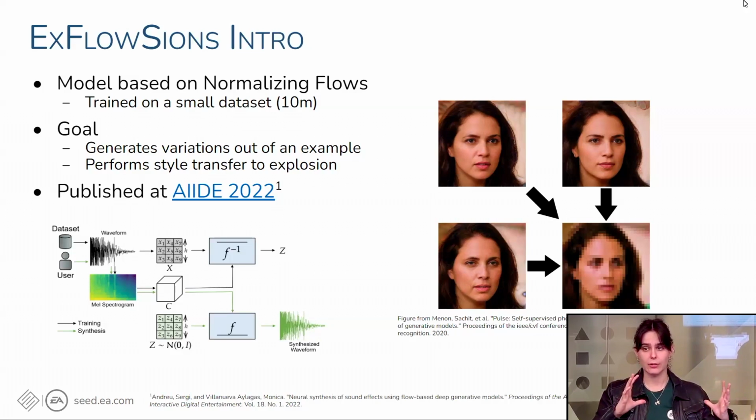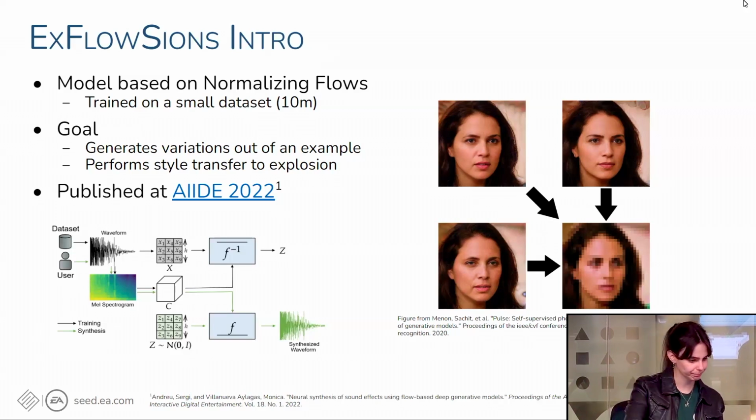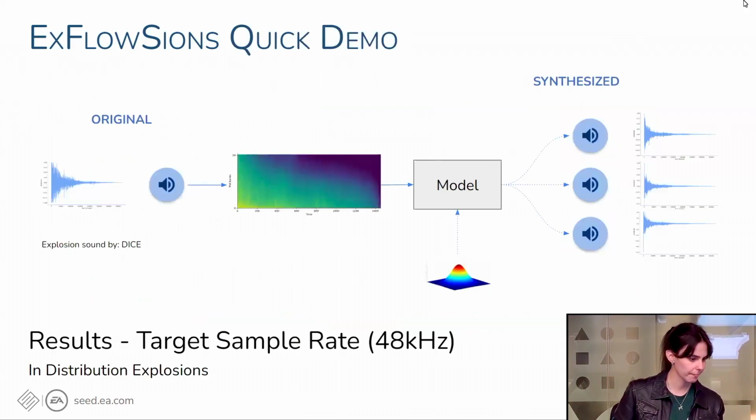So we take the sound and pass it to a low dimensional representation where a lot of details are lost. Now the model is able to hallucinate those details when taking back the sound to the high level representation. And now I'm gonna share some examples of how our model works.